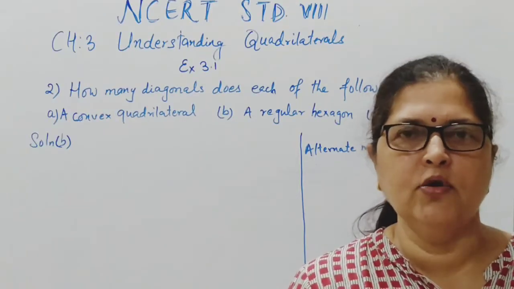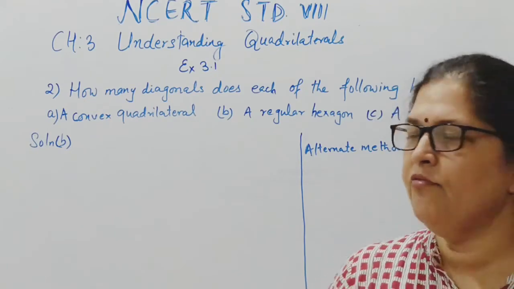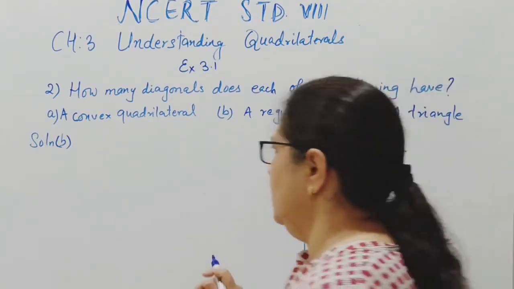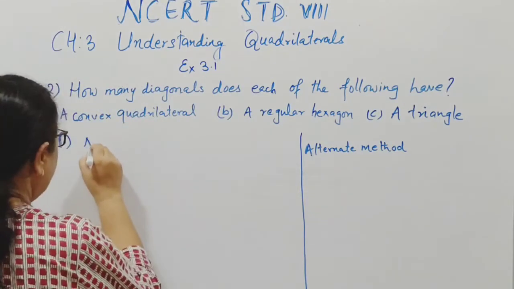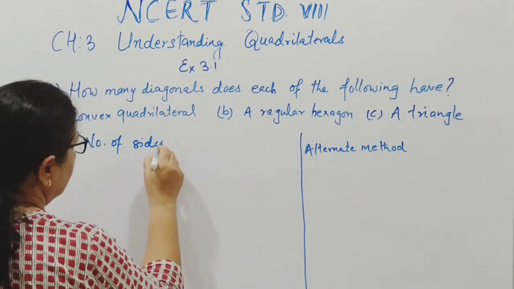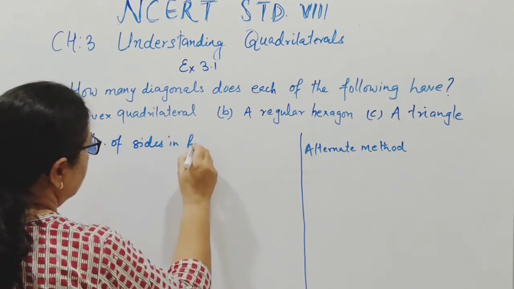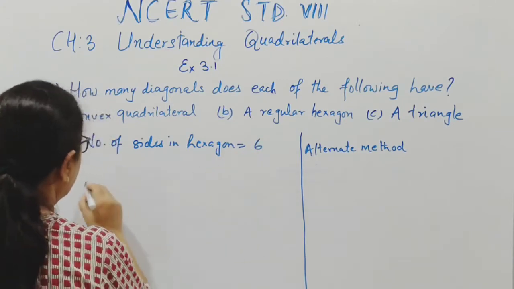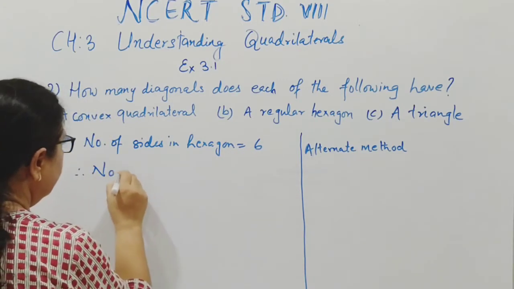Now B part of question number 2. Here we have to find the number of diagonals in a regular hexagon. We know that the number of sides in a hexagon is 6. Therefore, number of diagonals,